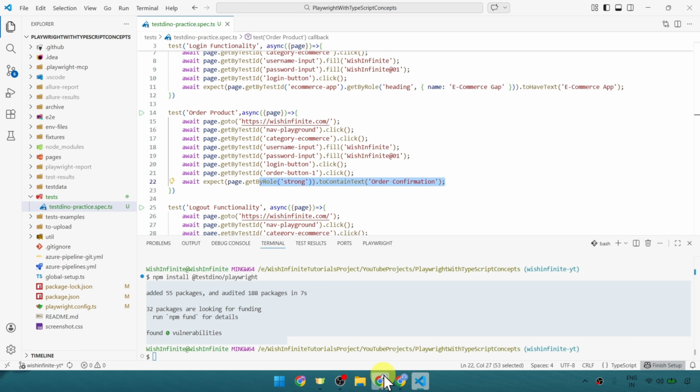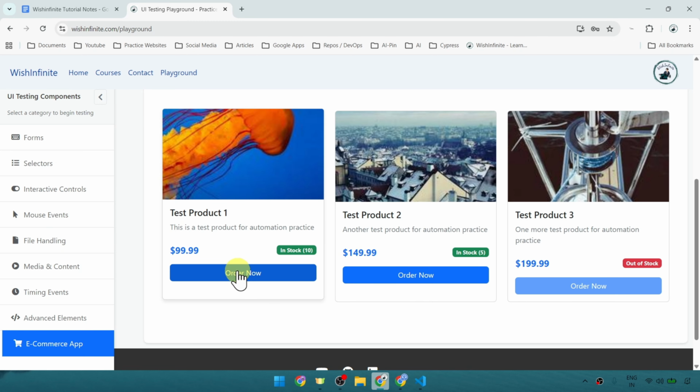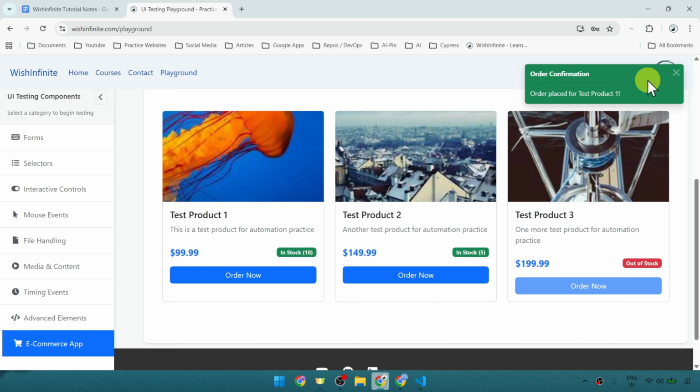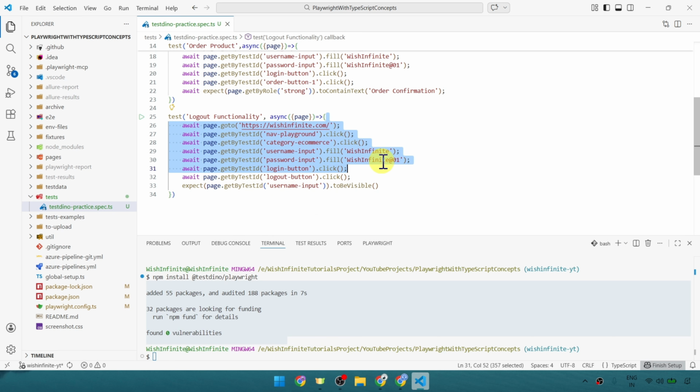So here what we are doing, we are going to the site and once we log in, we are just clicking onto this order now and then we would be able to see this order confirmation pop-up. So that's what we are validating. And now we have the third test where we are validating the logout functionality where we are logging in first. So till here we are entering username, password, then logging in. And then once we are logged in, we are clicking onto this logout button and then we would be validating